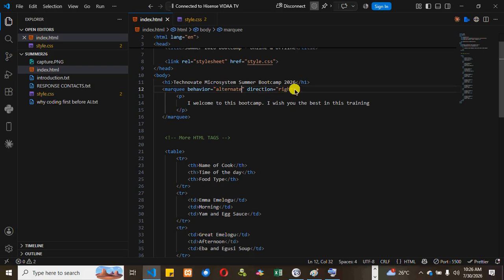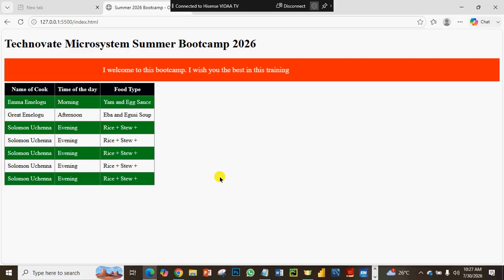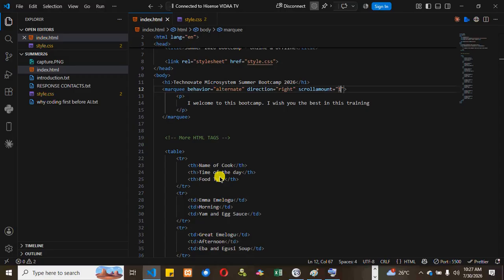Okay. There's another thing I can do that's called total amount. I want to increase the speed. Total amount equal to, let's make it just one. What happens is it can reduce speed. Do you like that? So I can see very, very well. Alright, if I say total amount 6,